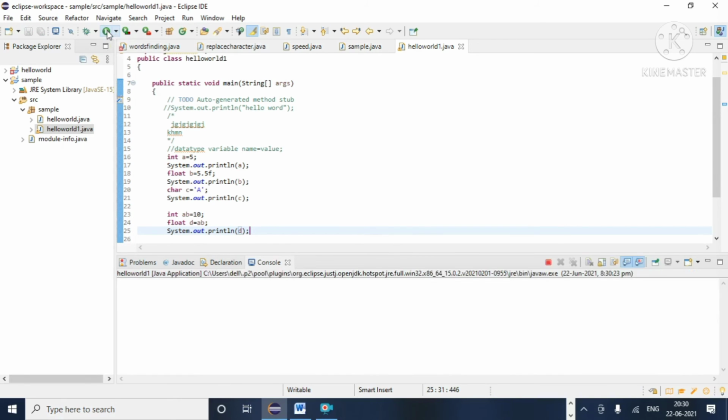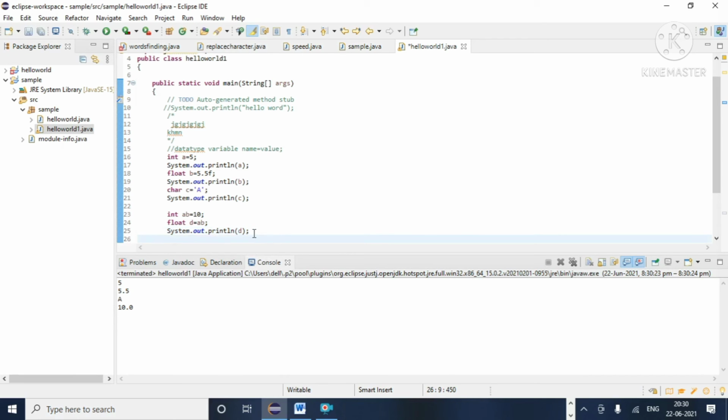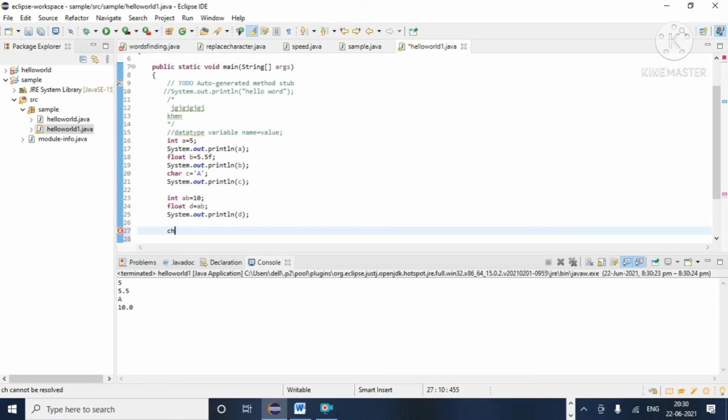Save and then run. See here, we gave the int only 10, but we are declaring it as a float, so it implicitly got converted into 10.0. We are not giving it explicitly, the system is taking it automatically. This type of conversion is known as implicit.